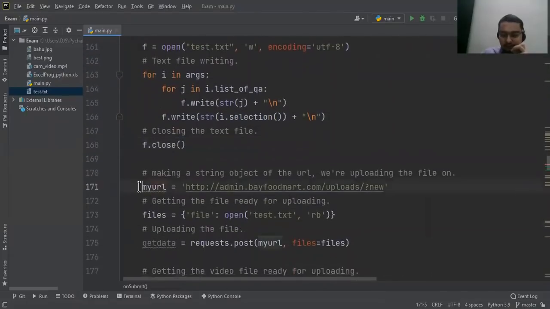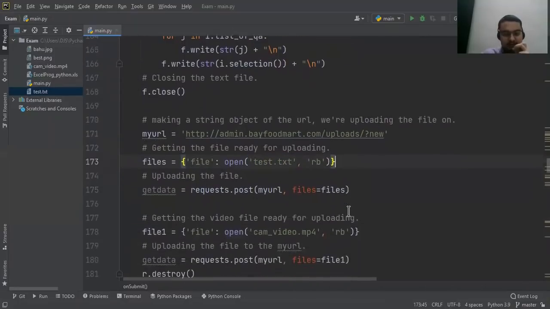Then I've created a URL object. Now this is a URL which is right now dead. At the time when the project was up and running, it was working, so I was uploading this file to the URL. For that I have used the requests.post function, wherein I have given the URL as an object, and the files have to be passed as a dictionary, with read binary as the open mode, and the same file which I've just created is going to be uploaded.